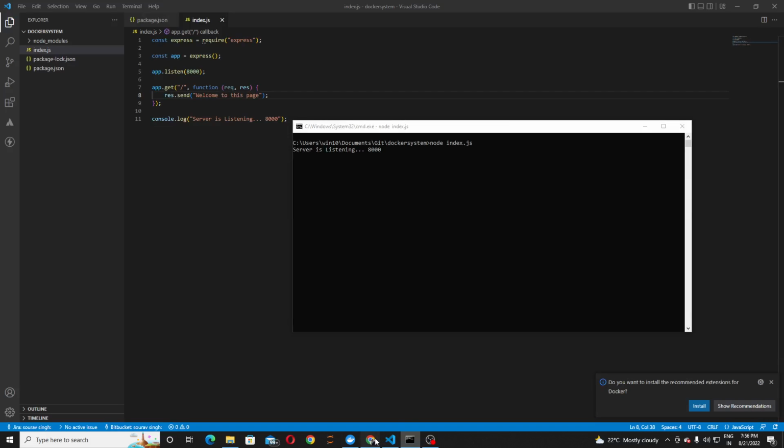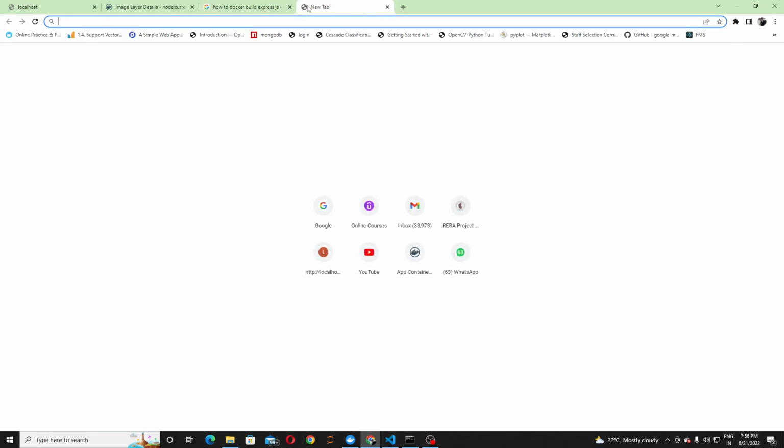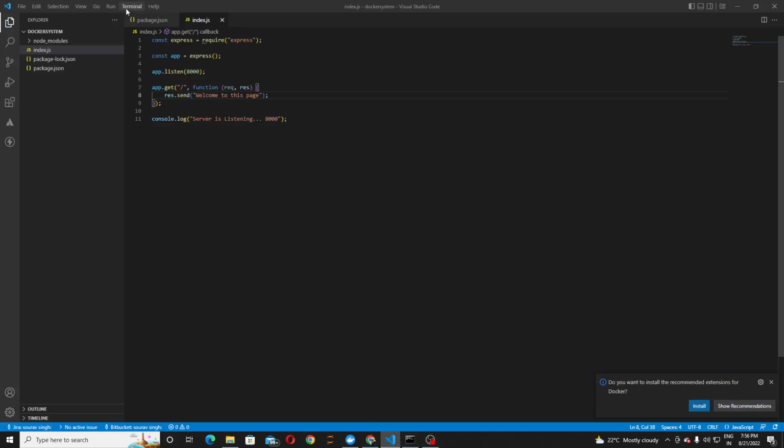And when we go to the browser and use localhost port number 8000, we can see that we have welcome to this page. Now what I'll do, I'll dockerize this page. So how can we dockerize this page? It means like I want to create an image of this and I want to run it